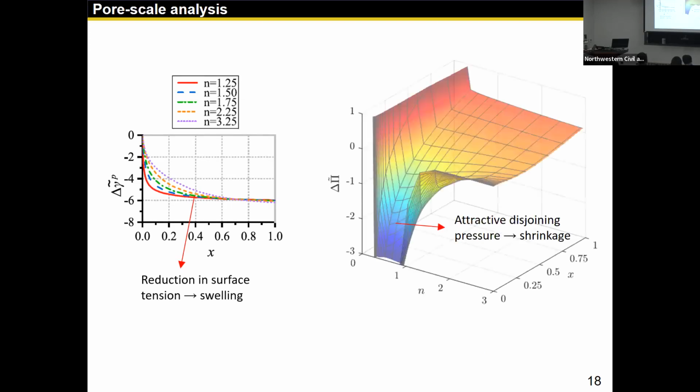But the disjoining pressure profile looks more interesting because at small pore sizes and small relative pressure, you see a deep attractive well show up. That attractive force between two walls will usually bring us shrinkage. So at least for this regime, we have some competition going on between pi and surface tension. Then the question is, who wins?